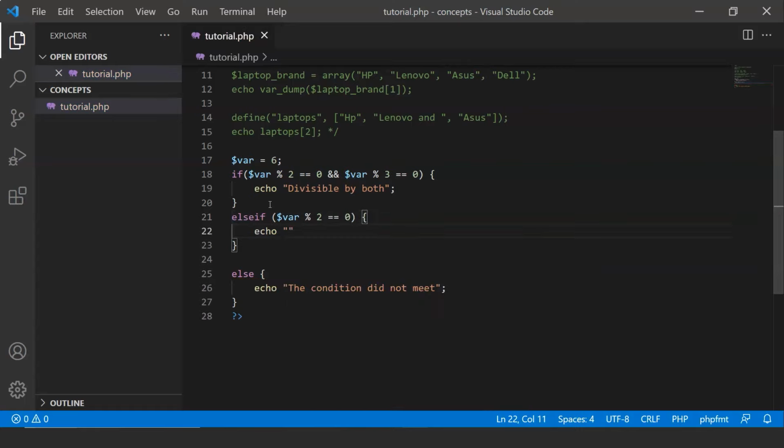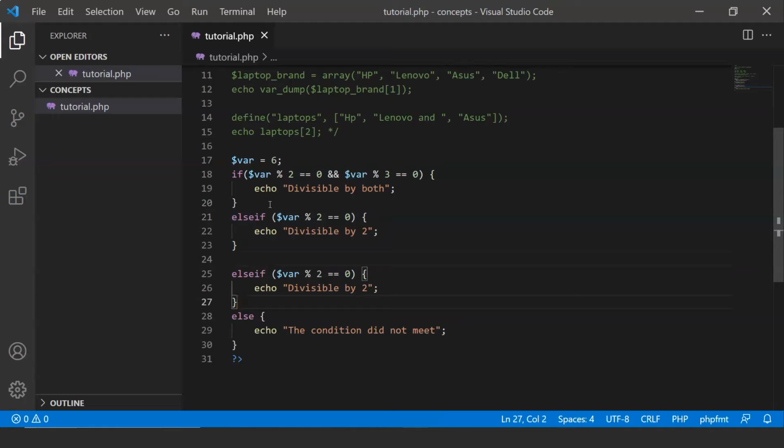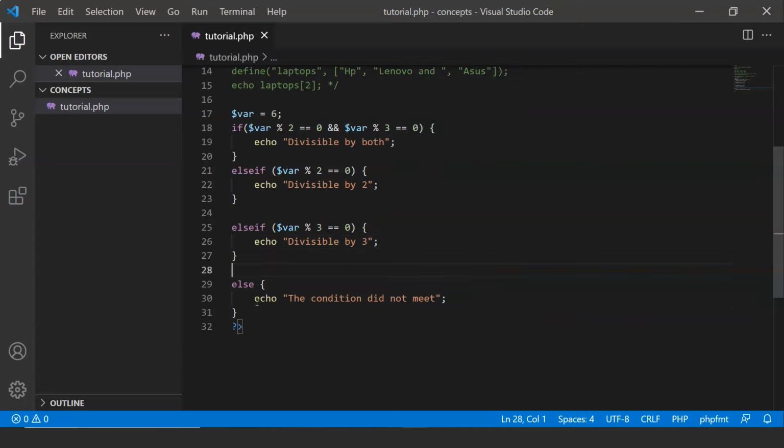Echo divisible by 2. Similarly, divisible by 3. Another, you can add as many else if statements as you want, and the final else will show